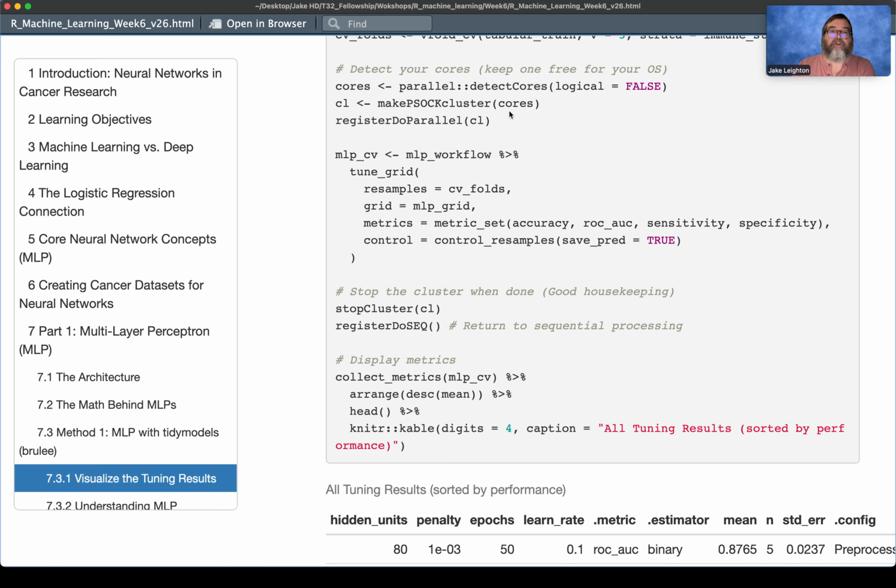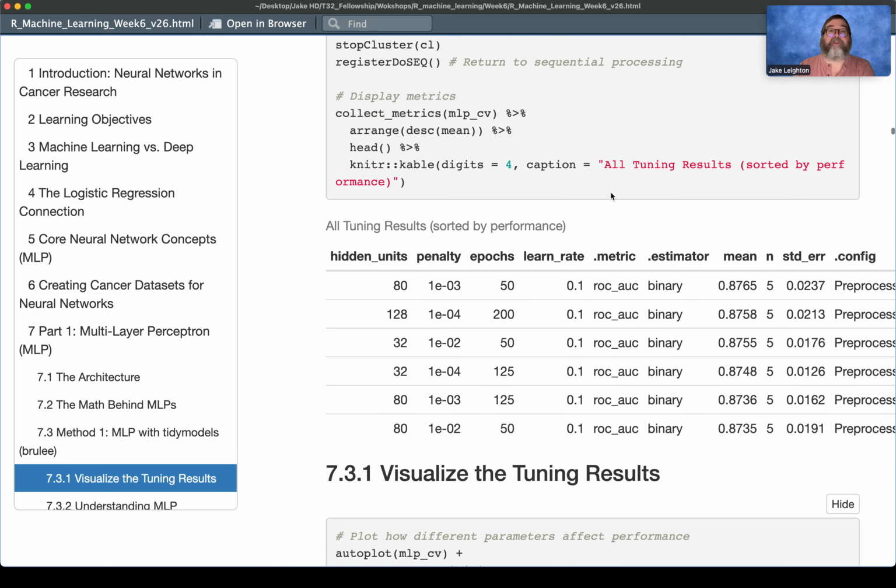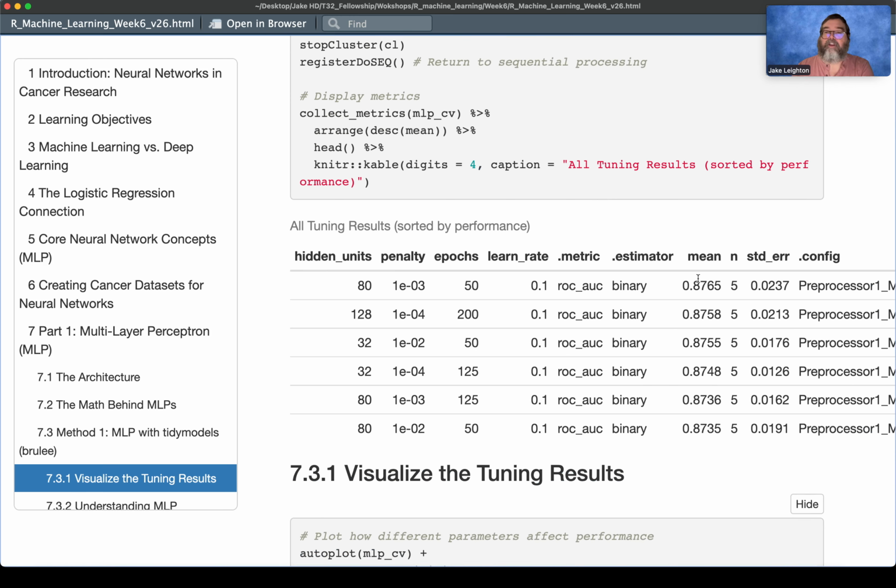And so it just allows me to run things in parallel, and because these things take forever to run, even when you're doing parallel. Anyway, anytime you want to do parallel processing, you put that in the front, that behind, and then go back to normal. And when we ran that, we saw here, looking at this mean column,